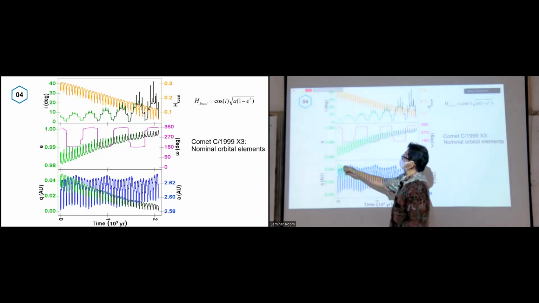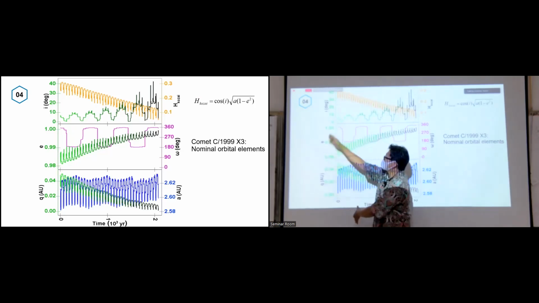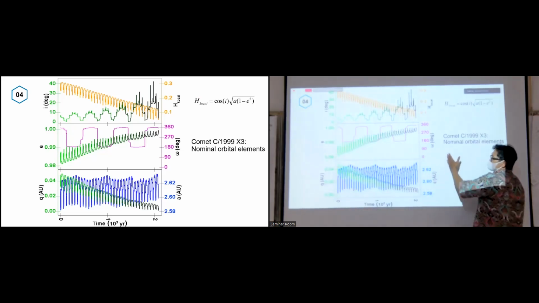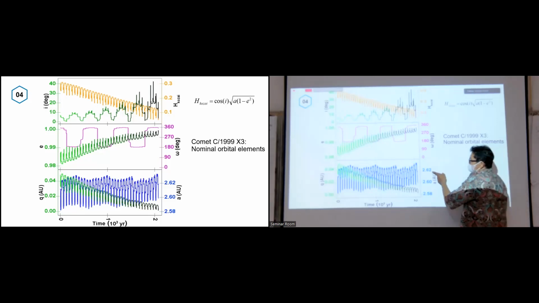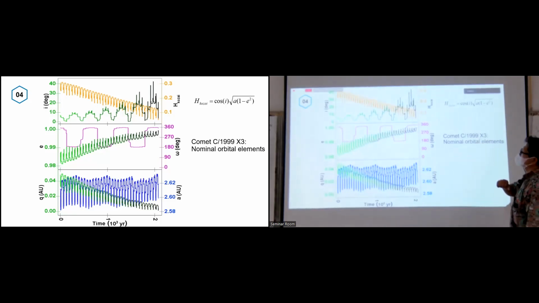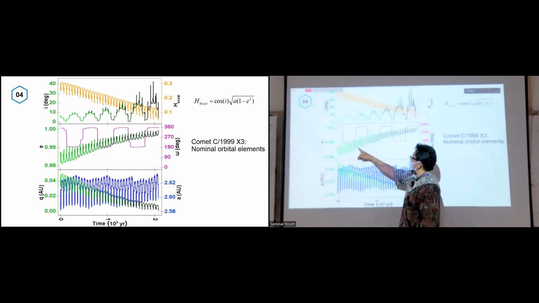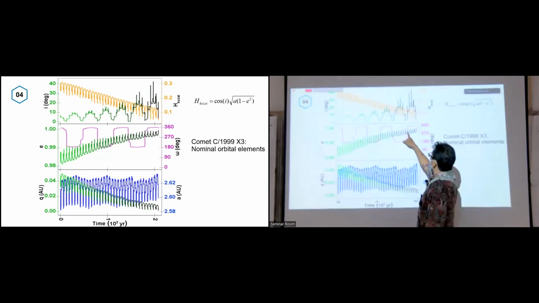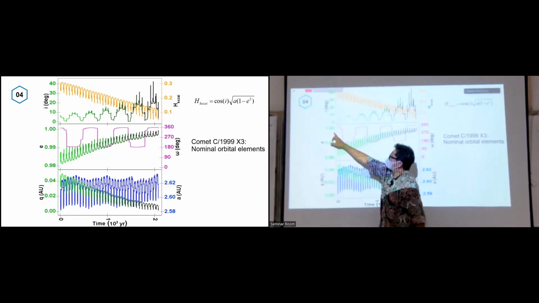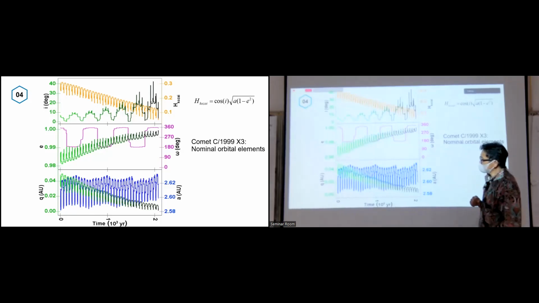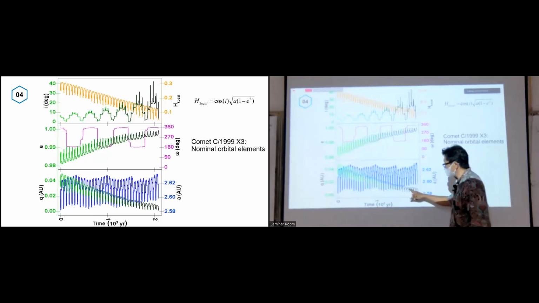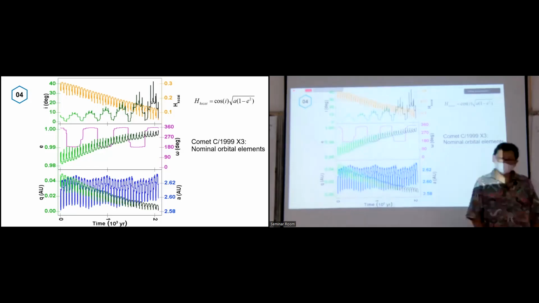The green one, you see the green one for the left side of the parameter. On the right hand side, you follow the blue one, the purple one, and the orange one here. So you can see here the eccentricity will be parabolic and very, very close to the Sun for 2,000 years.